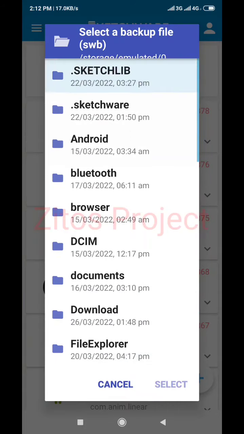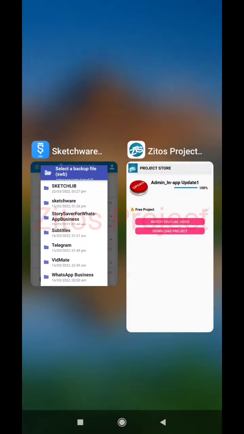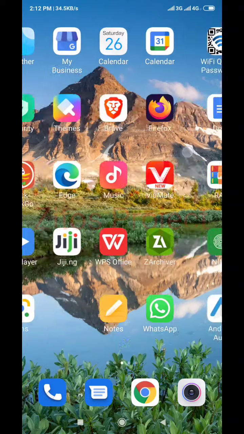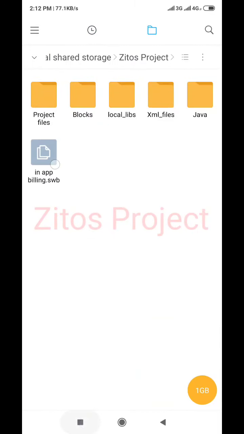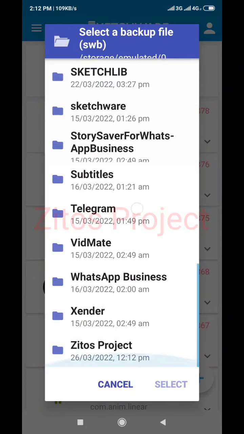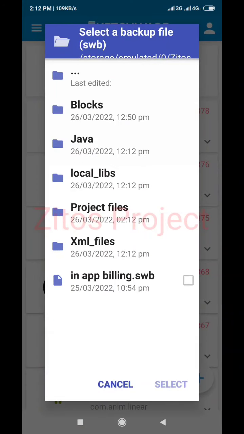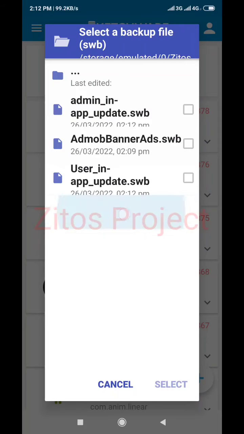What we're looking for here is Zito's project store. Let me explain. Go to your file manager. What we're looking for there is this Zito's project store. Then we're going to go to project files. So what we're looking for here is